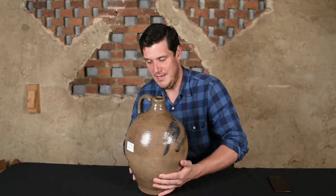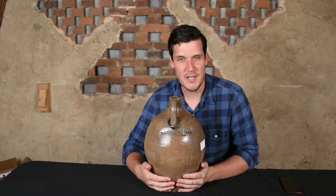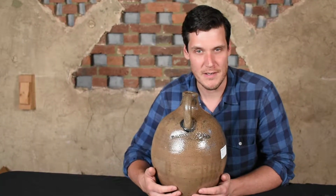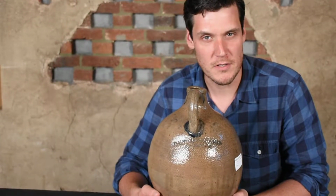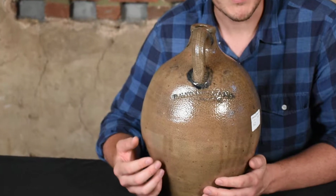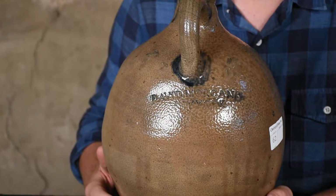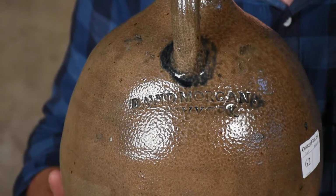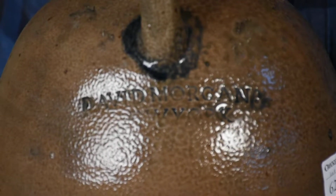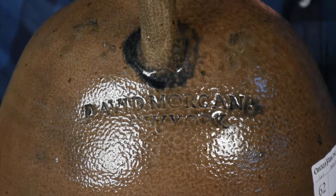It is signed David Morgan, New York, and it's very rare to find a piece signed David Morgan. He was a potter on Corlear's Hook near Thomas Commeraw, associated with Thomas Commeraw. Early 19th century, very early stoneware potter. You find pieces of his routinely, almost exclusively, bearing impressed decoration, very similar to Thomas Commeraw, the federal swag and